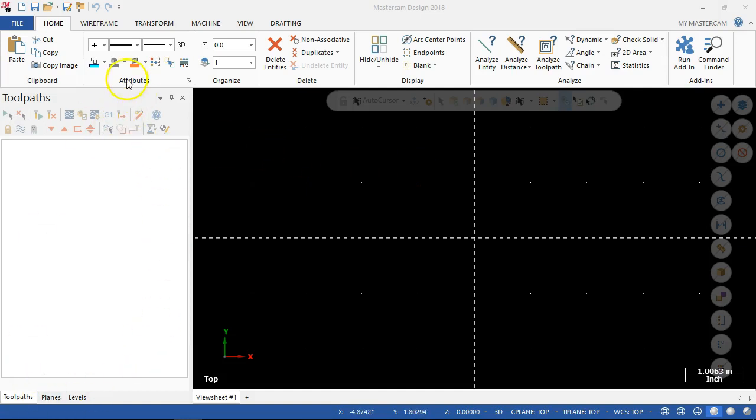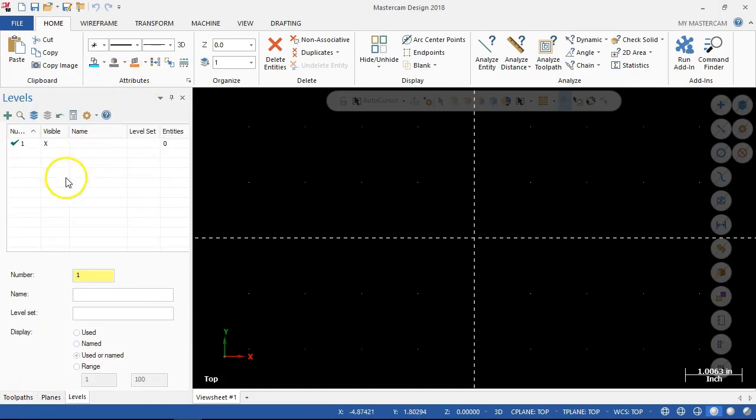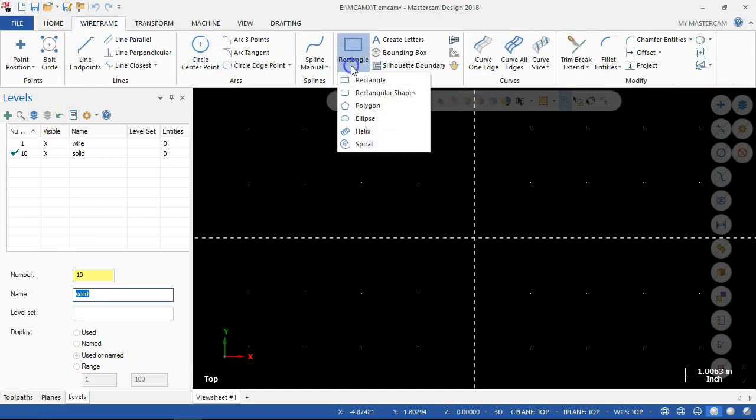So I'm going to start with the levels. So this will be the wireframe. And let's go to a level 10, and I'll switch that to be my solid geometry, just so that I have those at the ready. And so when we go into the rectangle,